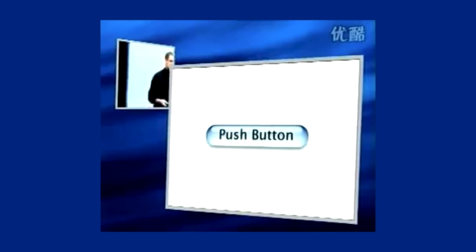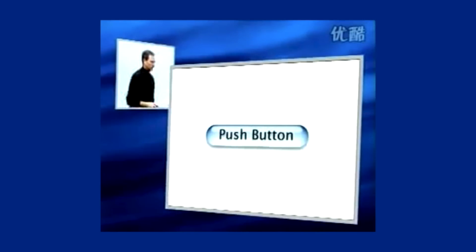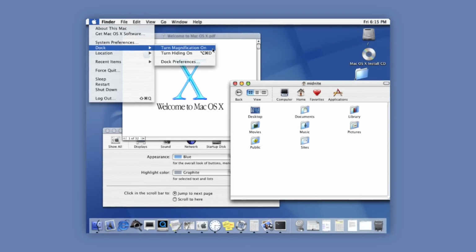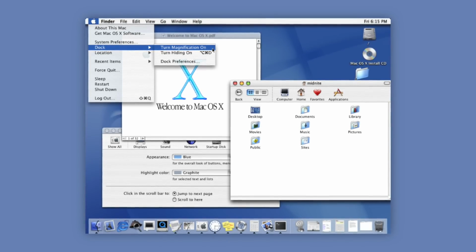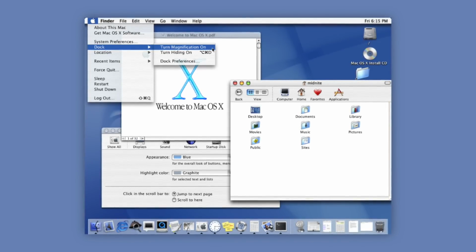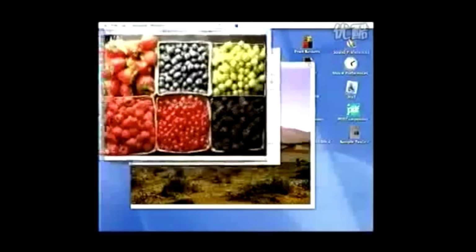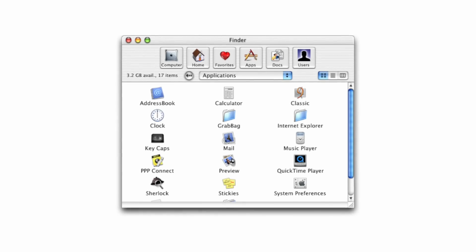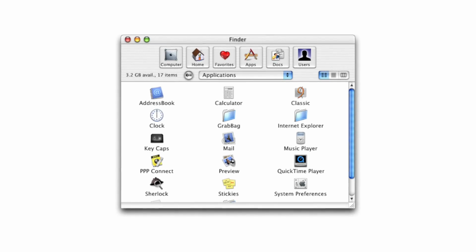Buttons and other interface elements were glossy and looked like beads of water, and Jobs famously described them as, "When you saw it, you wanted to lick it." Application windows had drop shadows, which made them feel like they were floating on top of each other, giving the entire system a sense of depth and dimension. See the shadows on the right of this window? And icons looked like almost perfect representations of objects in the real world, complete with perspective, lighting, realistic material, and